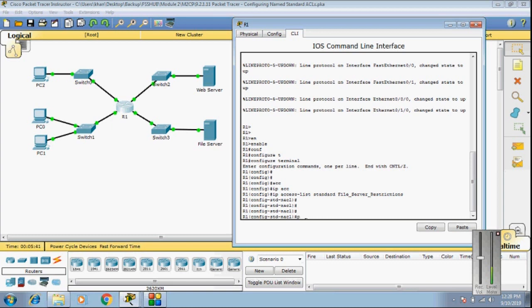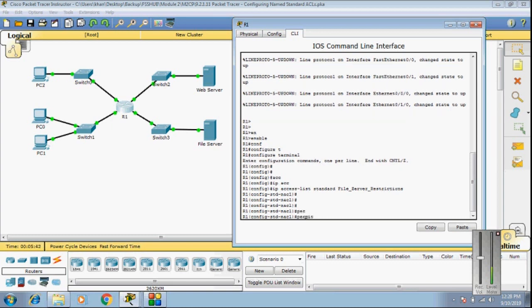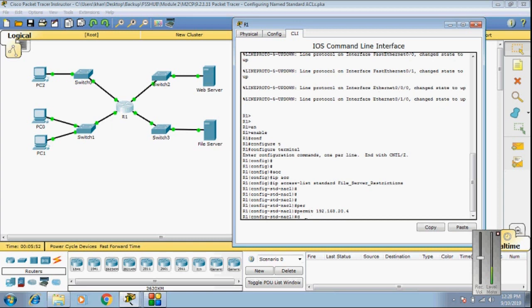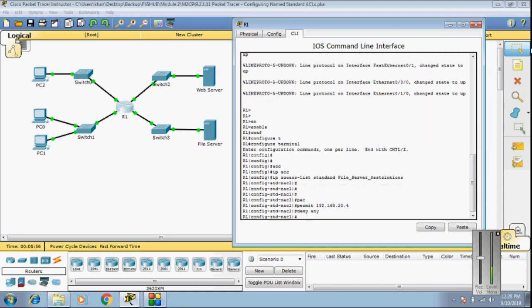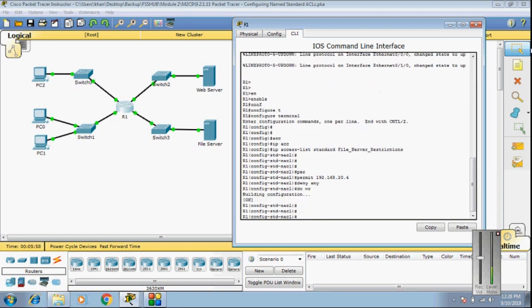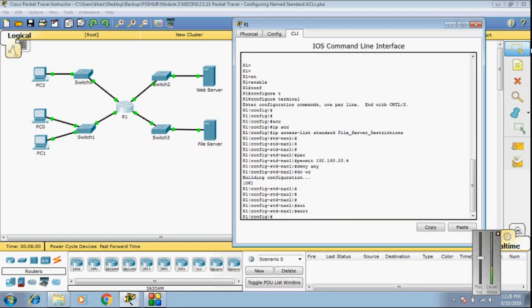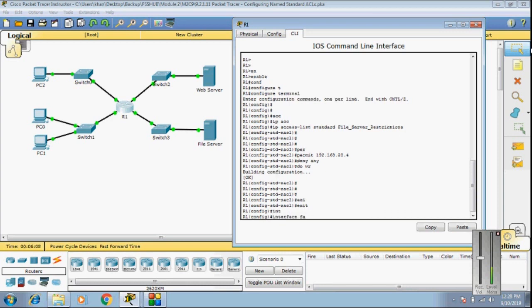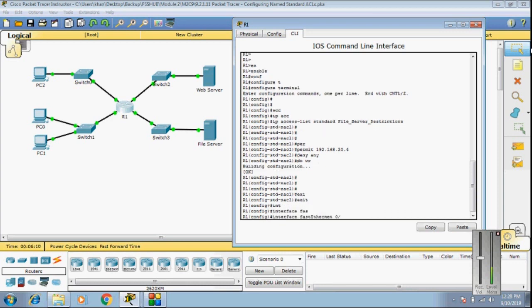Here I will permit the host 192.168.20.4, which is PC1, and deny any other host. Done, exit from access control list configuration mode,